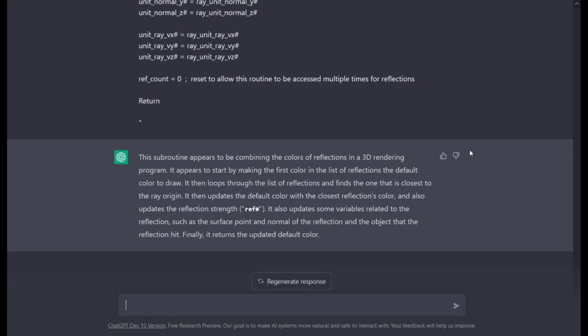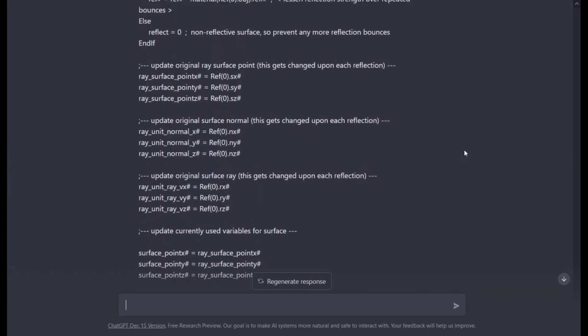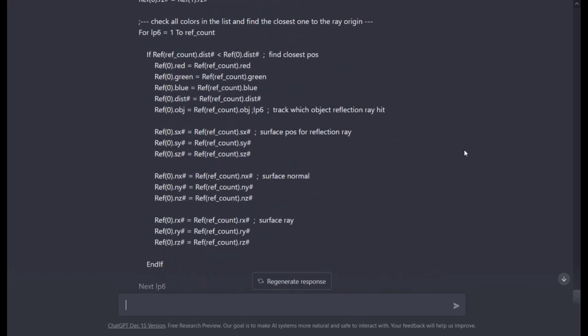Closest to the ray origin, and then updates the default color with the closest reflection's color. Also updates the reflection strength. It also updates the variables related to the reflection, such as the surface point and the normal to the reflection of the object, the reflection hit. Finally, it returns the updated default color. I don't actually know what this function does myself, so